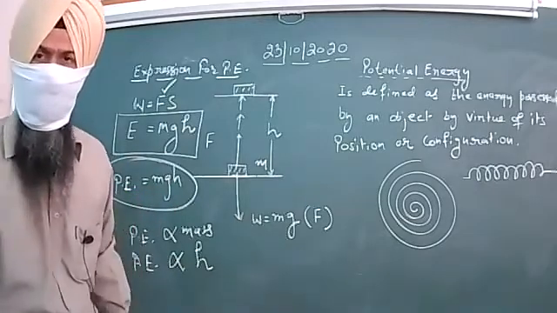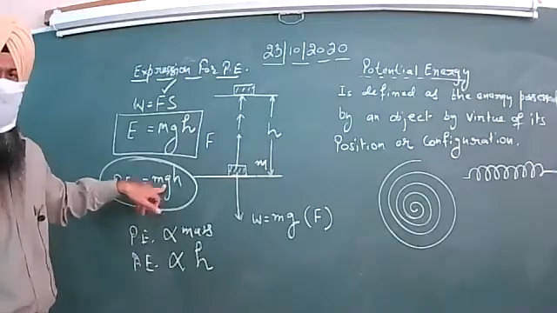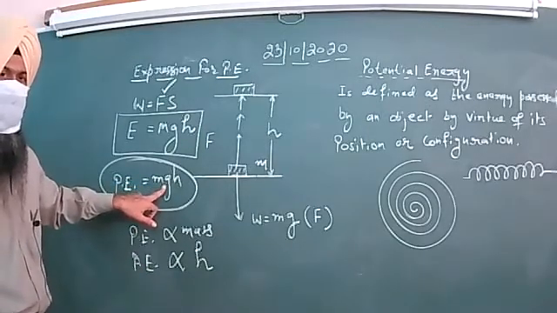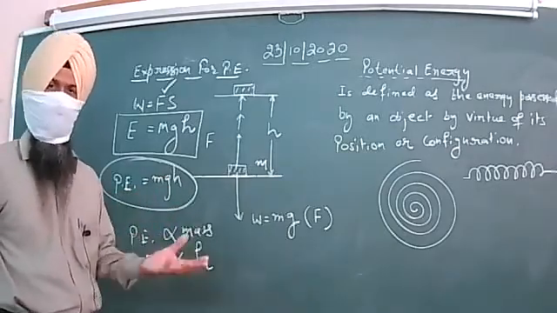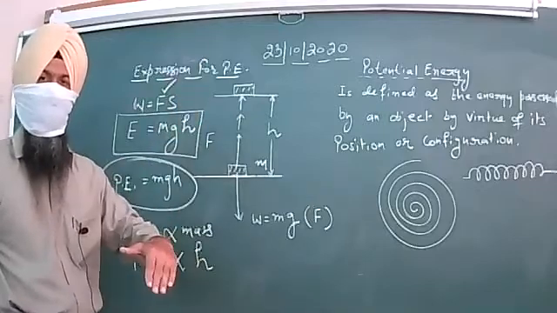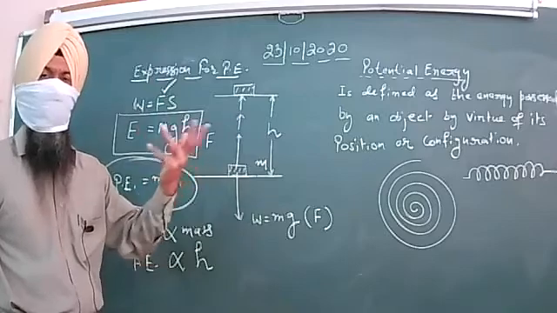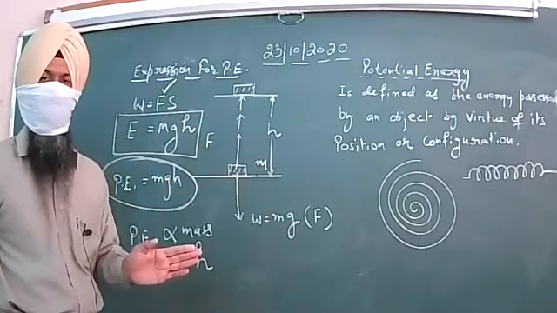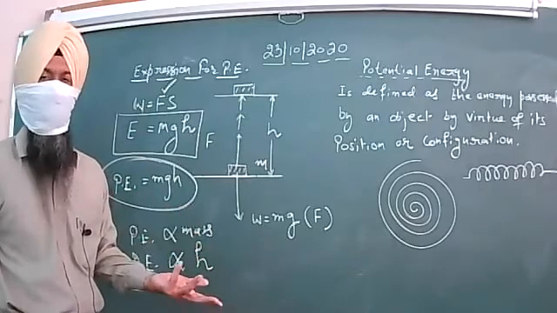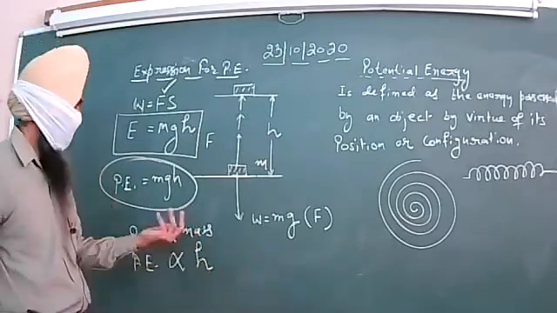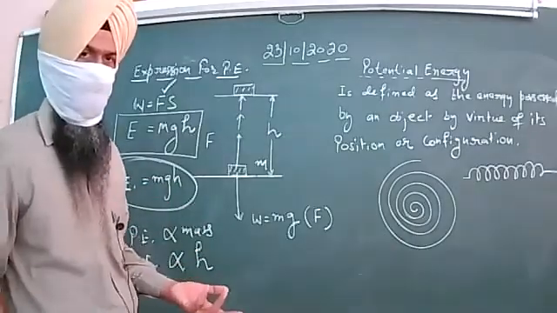And with G, near the surface of the earth, I am repeating the definition, don't worry. G in the nearby surfaces of the earth or up to some small height, we consider to be the same. Otherwise, no doubt we know that G varies with height as well as depth. But when we talk about a height of a few meters or a few kilometers, then practically speaking, G does not change so much. Suppose we lift the object by a height of 500 meters, G will not change so much. So we can say that G is a constant factor for nearby heights.